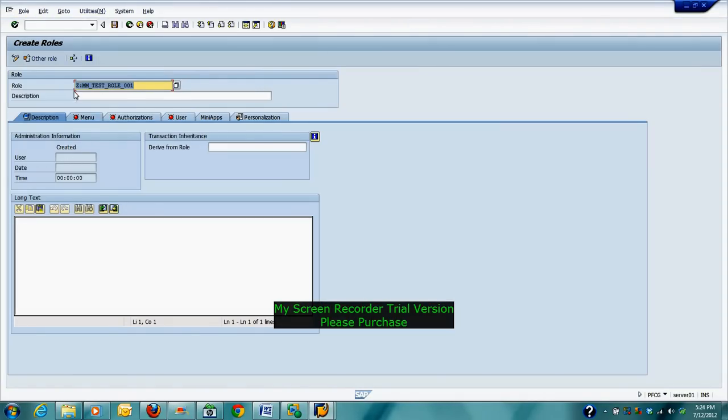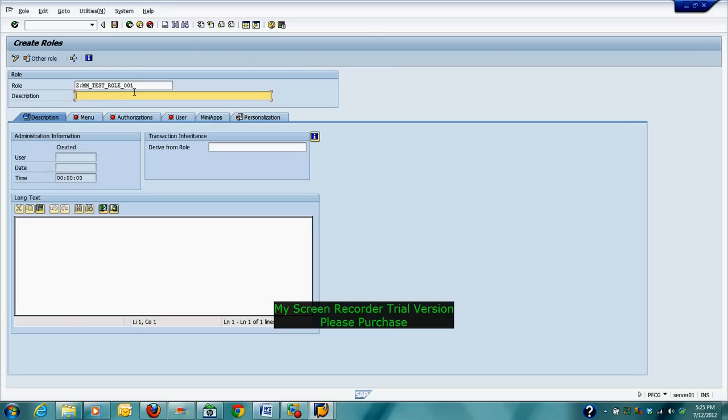Up till now the role has not been created. If it were created, these fields would be filled out by SAP, showing who created it, on which date, and at what time. First you have to give the description. Usually the description and the naming convention are defined by the company. I just gave the naming convention myself, but usually there are naming conventions which are 30 characters or 60 characters long. I'll send you an example of a 30 character naming convention, or we will discuss it in a later class.